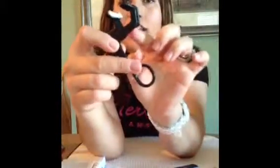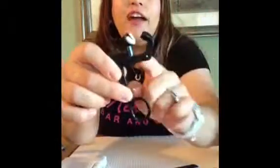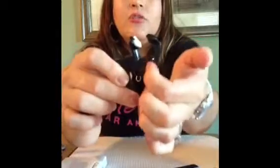This is a Tweezerman eyelash curler, and anytime I get a plastic eyelash curler, I always get a stress crack. I don't know if you can see, but it's right here, so I have to toss it. And the last two items are